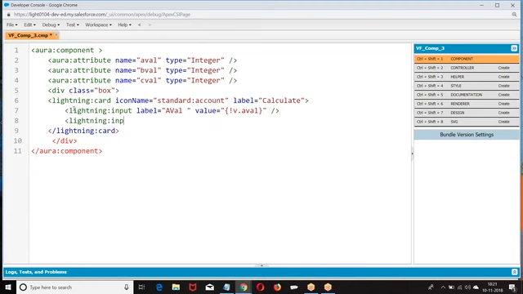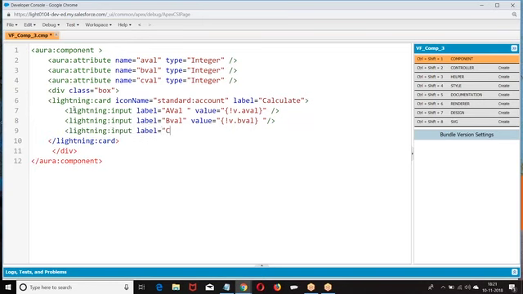I hope we have already done this a number of times. Then we had lightning label.